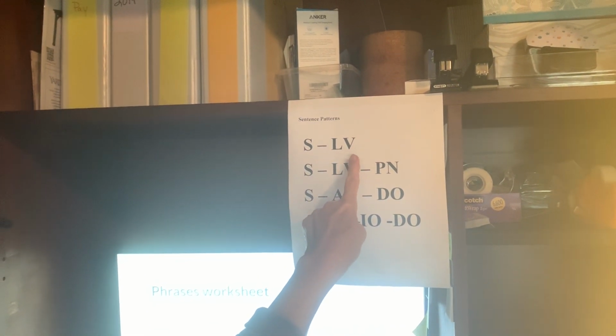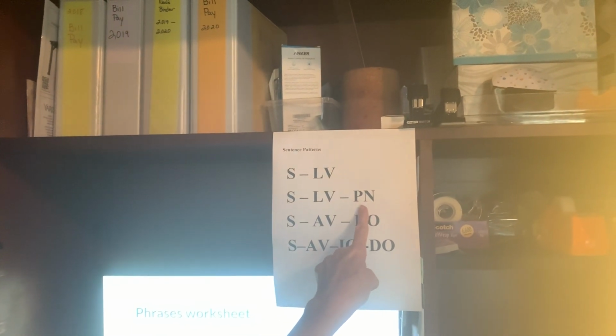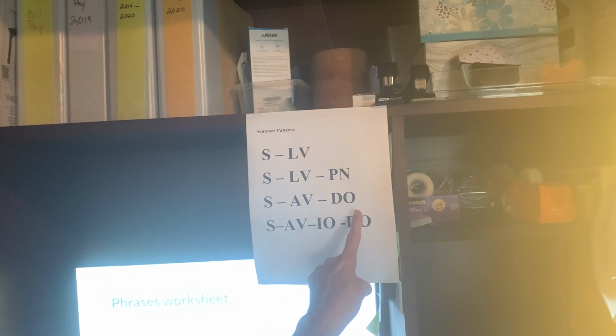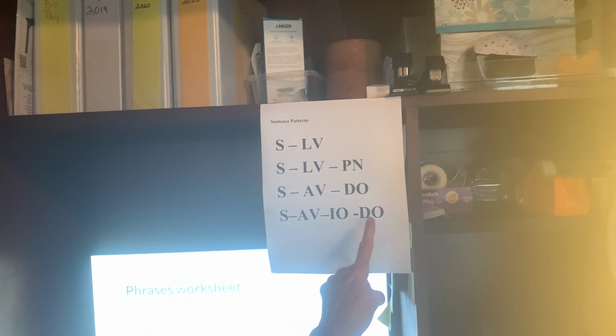Subject, linking verb. Subject, linking verb, PN, which means predicate nominative, as you know. Subject, action verb, DO. Subject, action verb, IODO. Okay, so let's go over the signs as we learn them. And remember, it's a clapping. SB, SOVPN, SOVPA, SAVDO, SAVIODO. Again, SB, SOVPN, SOVPA, SAVDO,